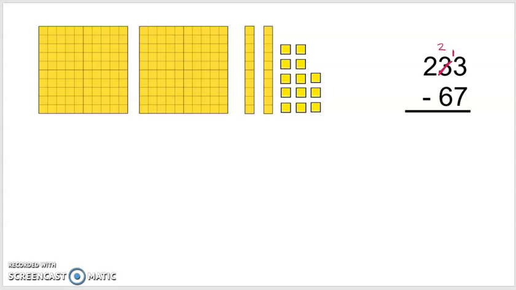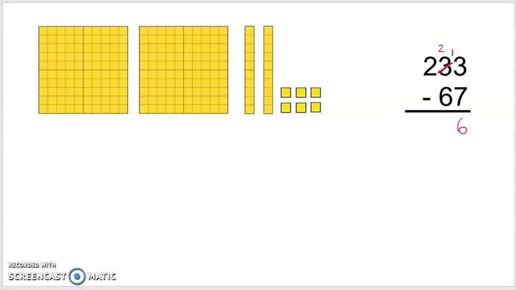Now I can take away 7 units from 13. So I would circle the ones I'm going to take away. There's 7 units. I'm going to take those 7 units away from the 13, and that leaves me with 6 units. So the next step in this process is we need to take away 6 longs from the 2 longs